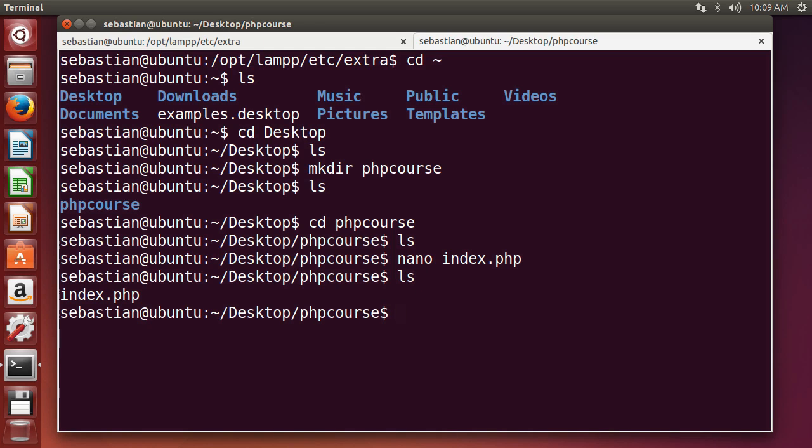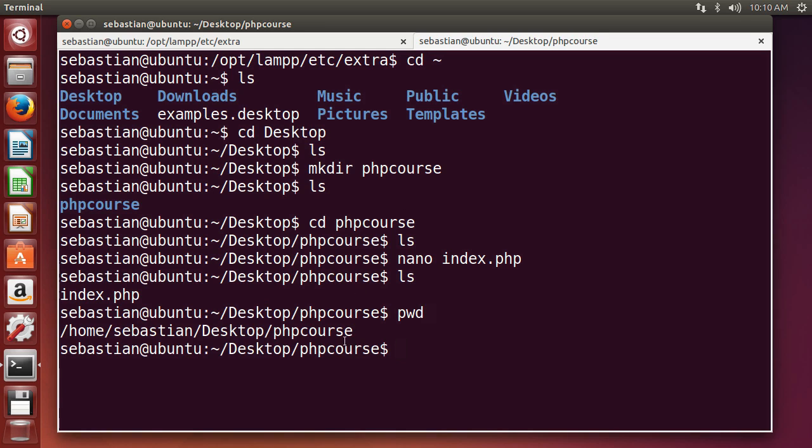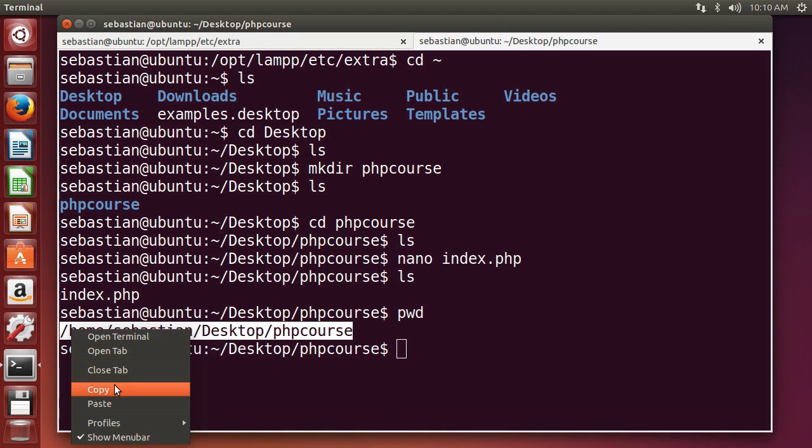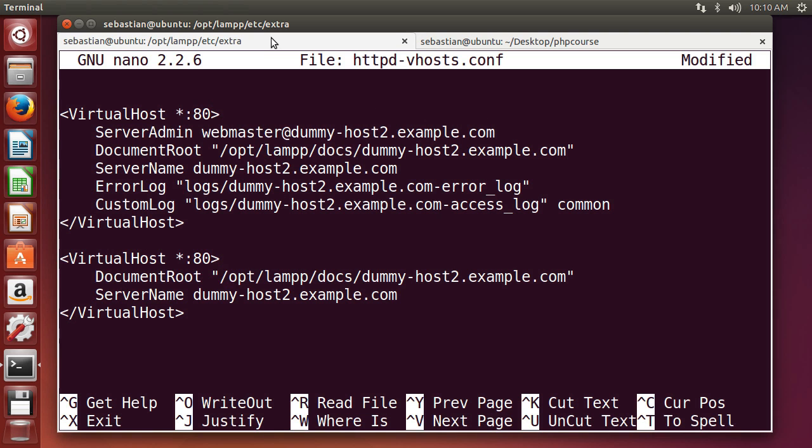But another thing we need to basically get from here is the path to the specific directory. And to display the path to the current directory, we use the pwd command and hit enter. So this is the path. Let's copy it, go back to the previous tab, and replace this document root with this new tab, path. If I just remove everything and I'll simply paste what I've just copied, this path to our PHP course